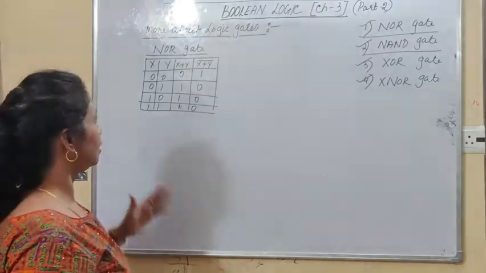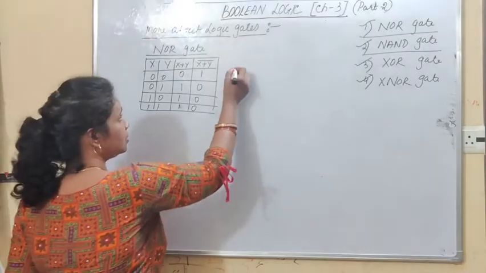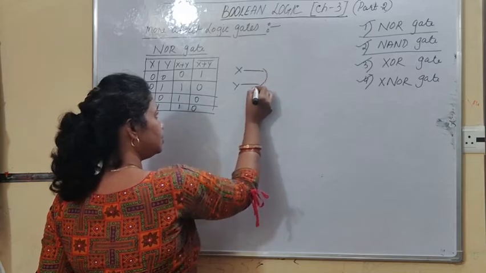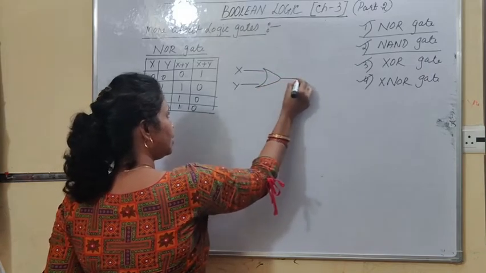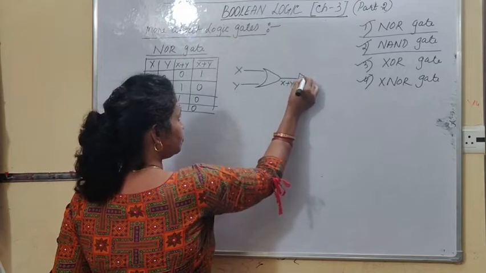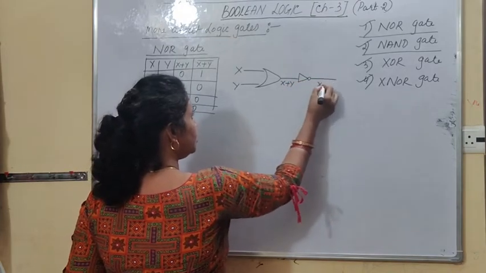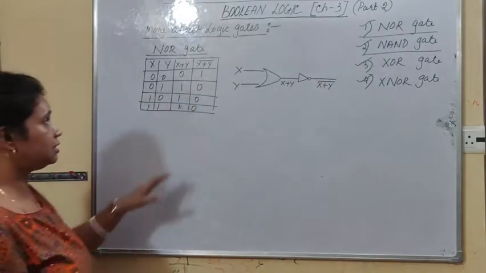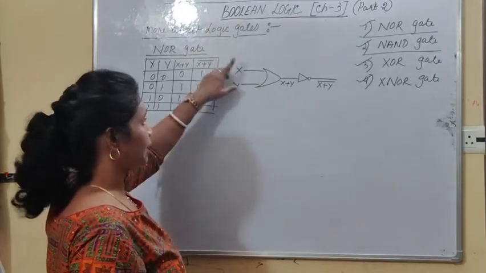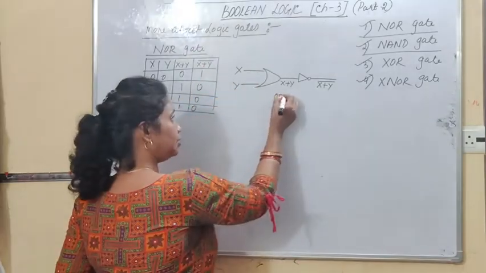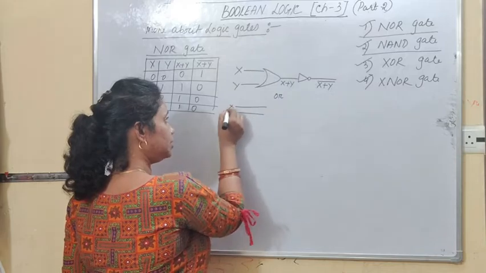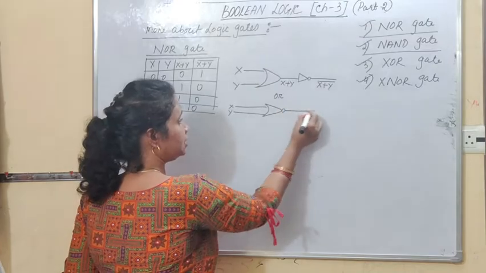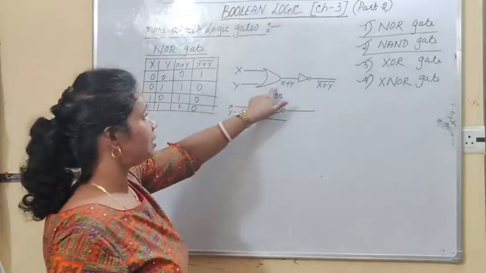How will you draw the logic diagram of NOR gate? So here, if you have x and y two signals, then first you draw the OR gate. After that, the output is x plus y. Then you have to pass this output to a NOT gate so that you will get the signal of x plus y whole bar. Right students? So this is the logic diagram of NOR gate. And directly also you can write the same: you have x and y two signals and you pass these two signals to a NOR gate. So this is the symbol of NOR gate.